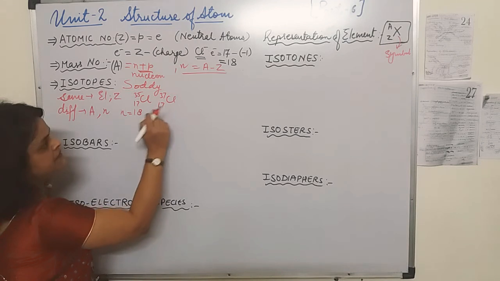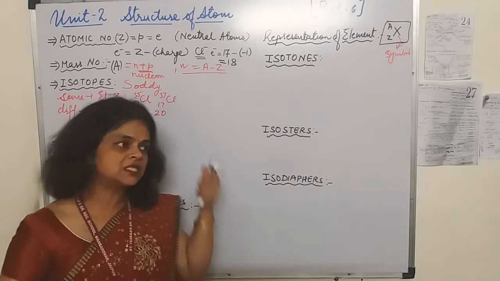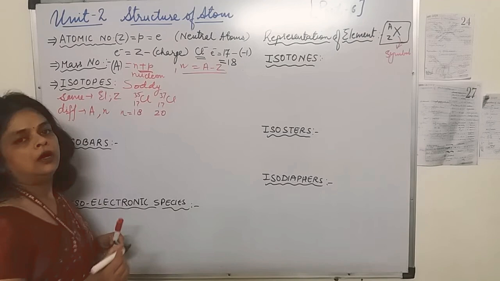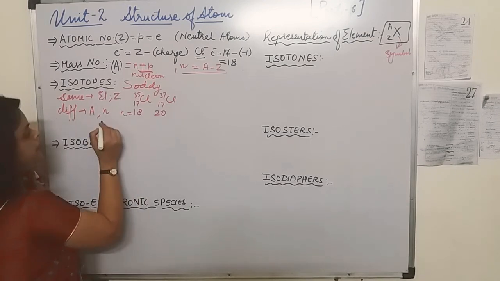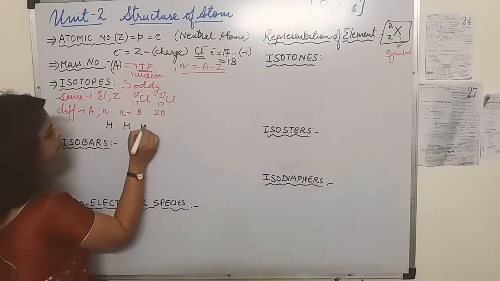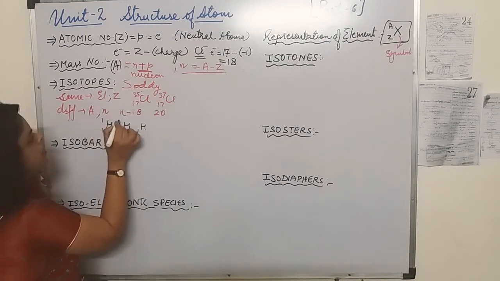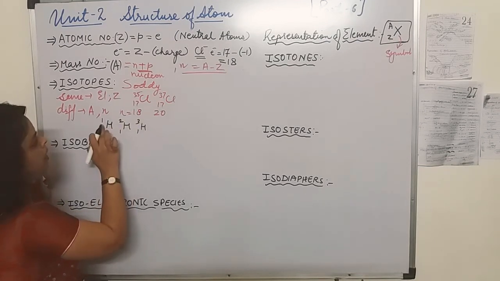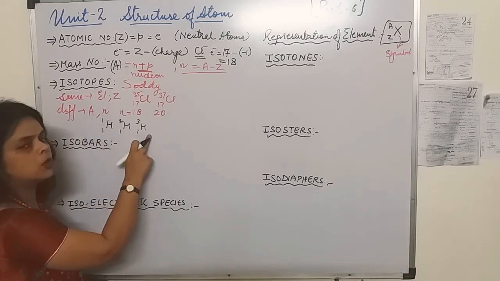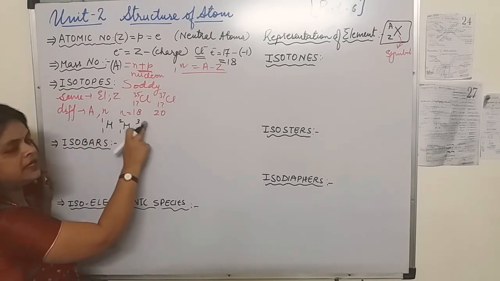18.37 minus 17.20. So we can see that the number of neutrons in both the species is different. One more example we can take is the isotopes of hydrogen: protium, deuterium and tritium. How do we represent them? All three have the same atomic number 1 and mass numbers of 1, 2 and 3. This is called protium, this is called deuterium and this is called tritium. If you will see, they have the same atomic number but different mass numbers.